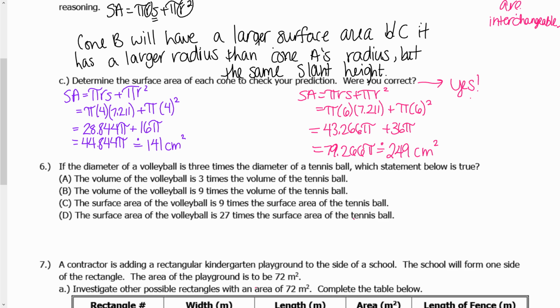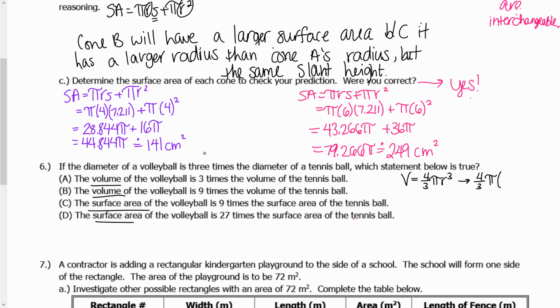All right, number 6. If the diameter of a volleyball is 3 times the diameter of a tennis ball, which statement below is true? So the options talk about volume and surface area, so I need to check all of the options. If the formula for volume of a sphere is 4/3 pi r cubed, right here, what I'm going to do is I'm going to say 4/3 pi, and then if it's 3 times the diameter, that means